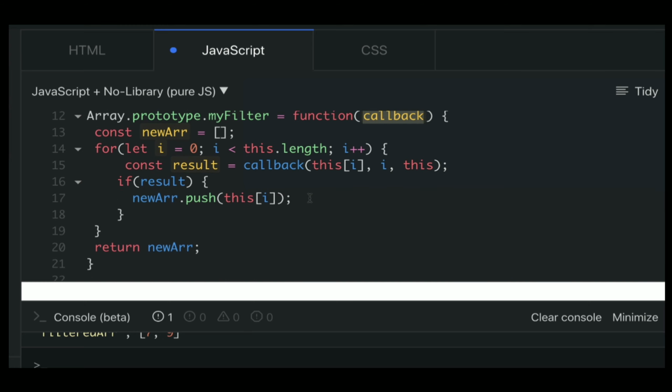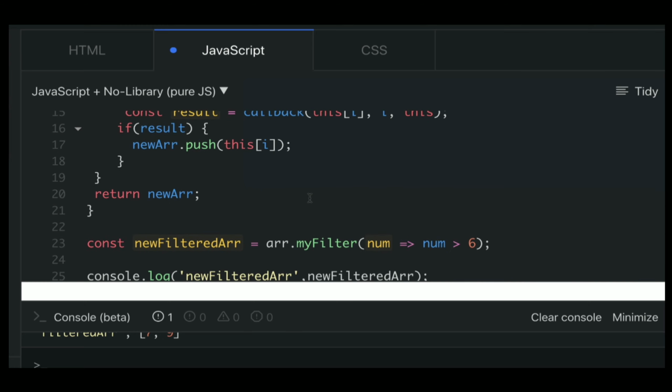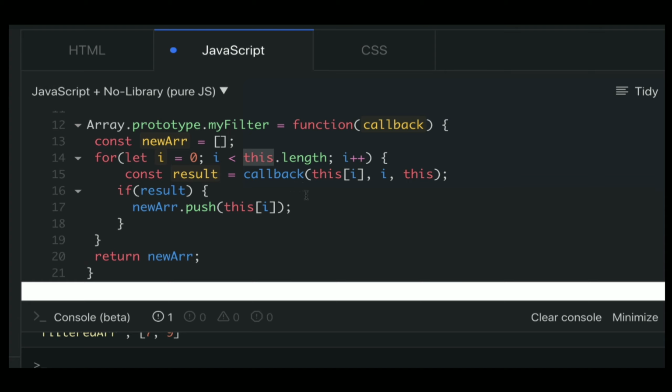Now for the array, we write array.myFilter. That means we are giving a context: for myFilter, the context is this array. So our this property will contain that context, which is the array, and it is used here. We can iterate over that array and pass the element at that index to the callback function as the first parameter.